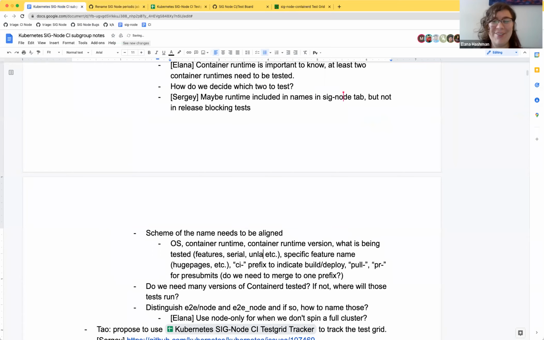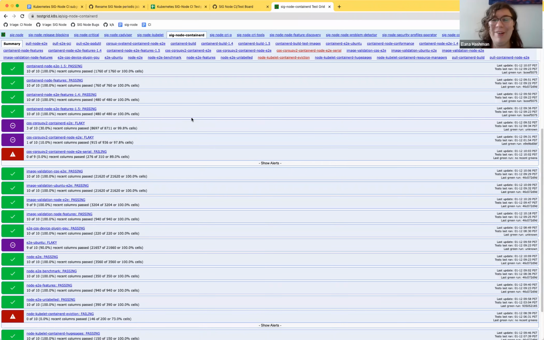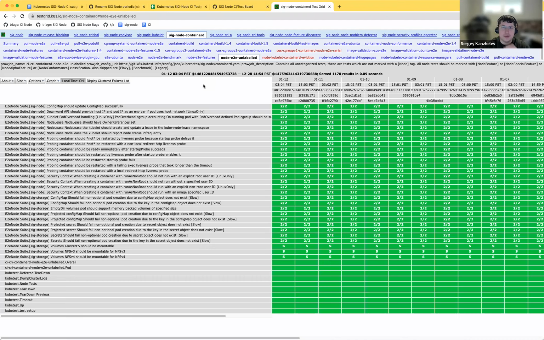Good God, it's such a depressing thing to call a test. Very insensitive, I think. I don't know who came up with that naming scheme. Anyways, I called them unlabeled because that is the most accurate and descriptive way to say what the state of those tests is. They're missing labels, so they're not getting pulled in by other dashboards. So yeah, I called them unlabeled. There they are. They're beside container eviction. Yeah. They appear to be passing, although I don't know if there are any that are actually unlabeled. So yeah, there's a few.